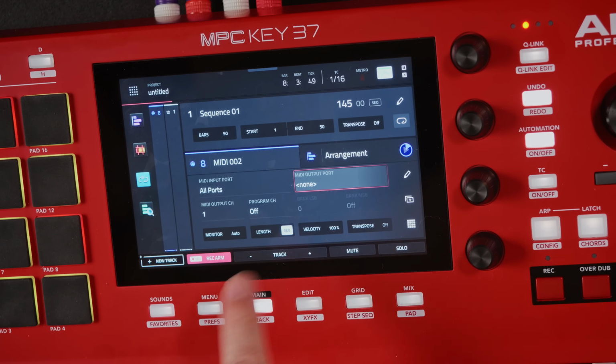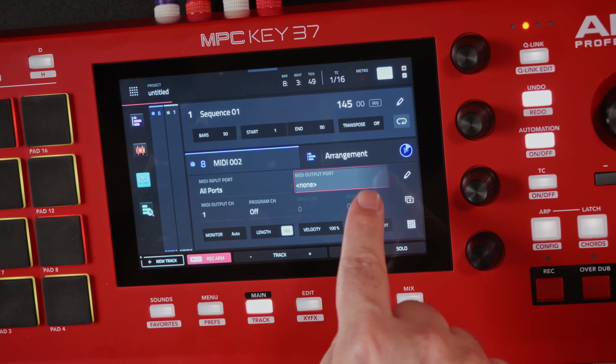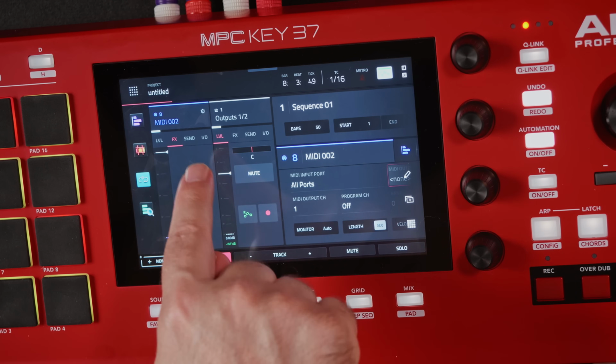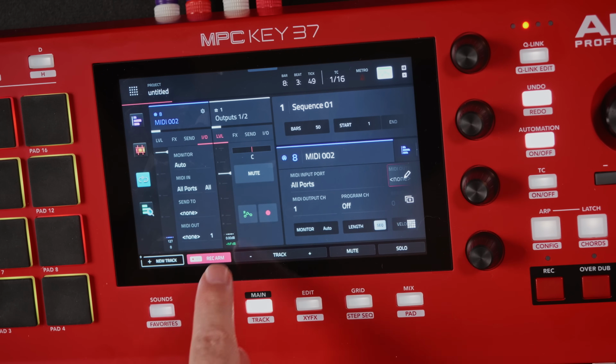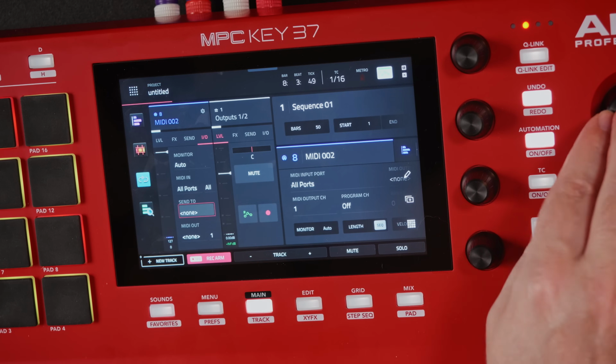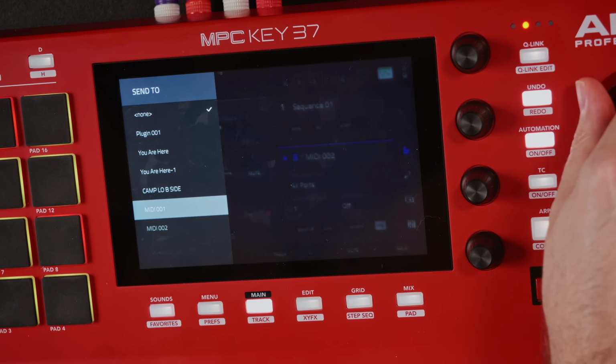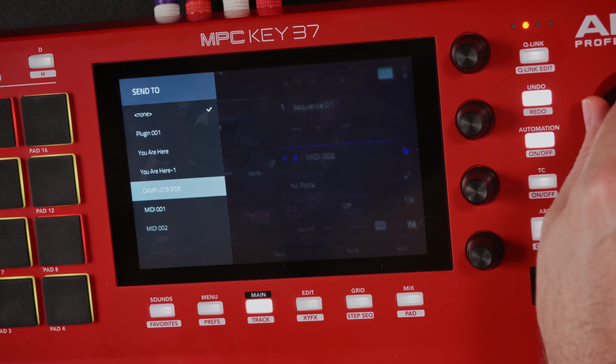Again, the workaround is you have to actually make a separate MIDI track, like this, new MIDI track. And then inside this MIDI track, you actually can't do it right here, which is a little strange. You have to open up the new XL channel strip here. You go IO, and then you hit send to right here. Now in send to, if I go to say plugin,